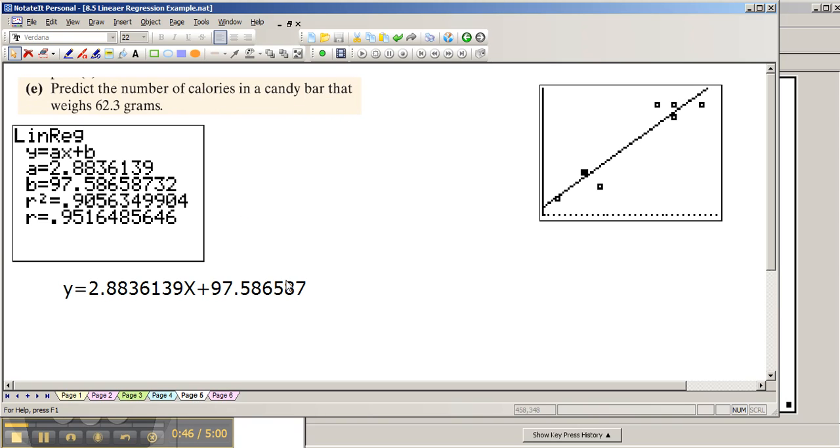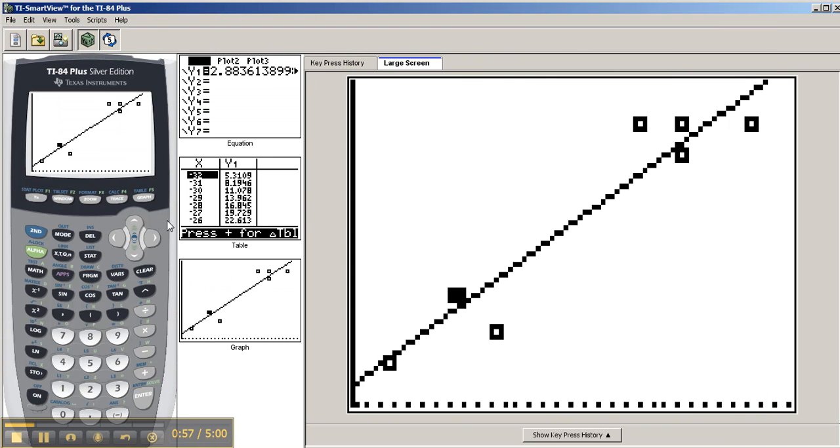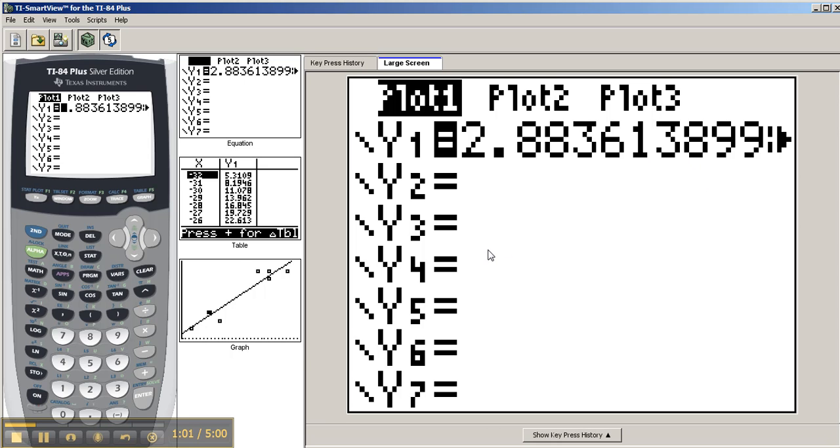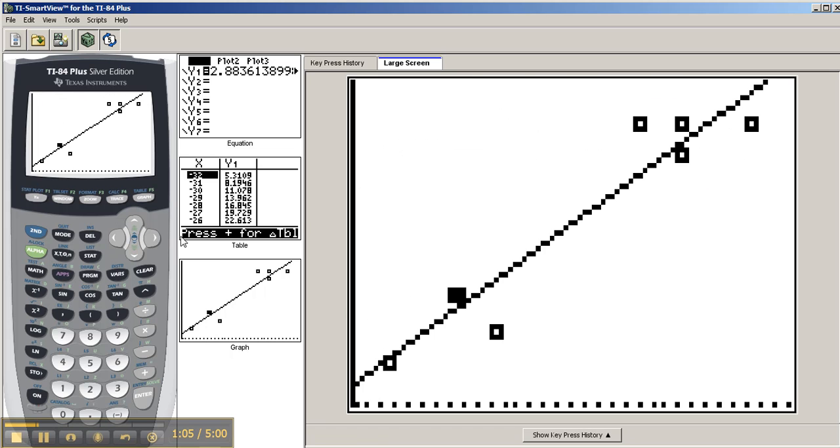So basically our calculator can do that for us because it has stored this regression line, this line of best fit equation, in y1. If you go back to the calculator and hit y equals, you'll notice it has an equation stored in there. Don't change it or delete it; keep it in there. But let's go back to the graph here. And now if we want to enter a specific x value and have it calculate what the y value is, then basically all we need to do is